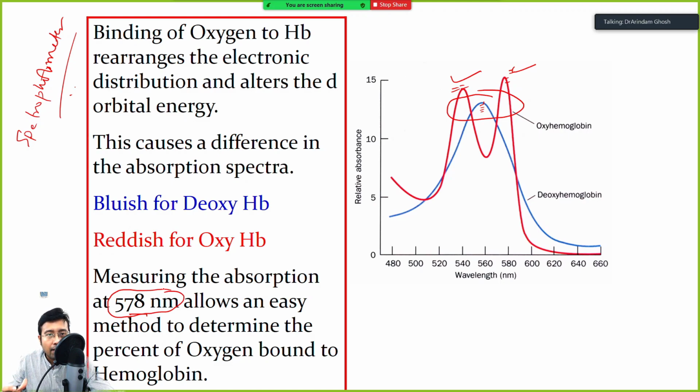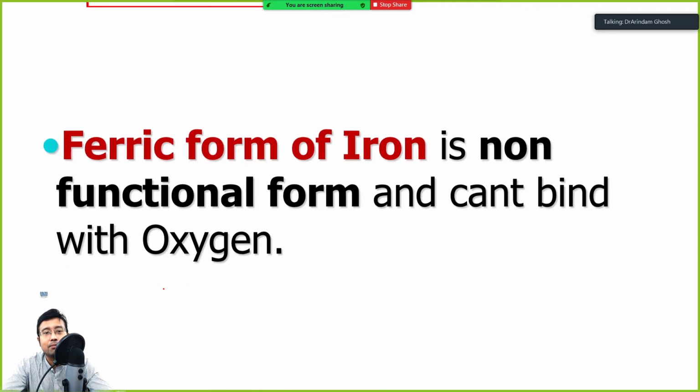If the absorbance value at 578 nanometer is very high, this will tell you that this is arterial blood. And if the absorbance value is low, it is contaminated with venous blood. Often it is mixed blood. Anyway, so this is basically the physics behind the